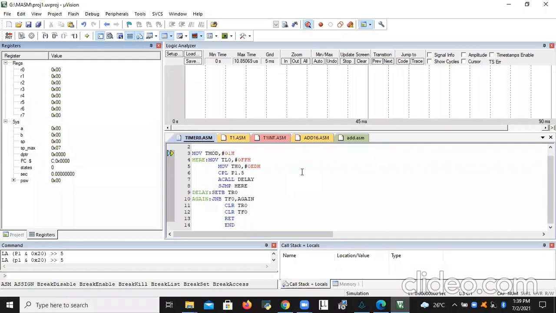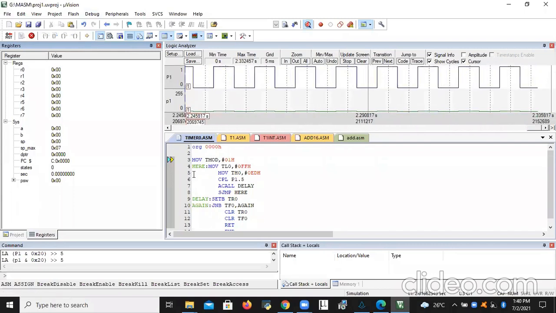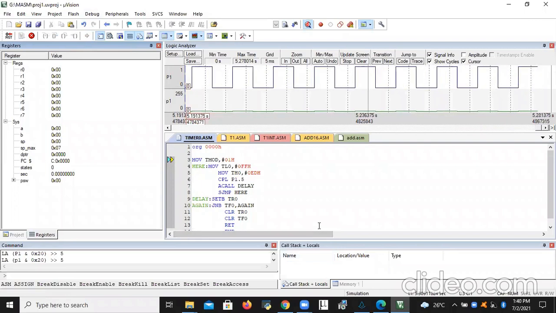Okay. Good. Now we need to go to the debug. Start the debug session is over. Run the program. You are getting this square wave.